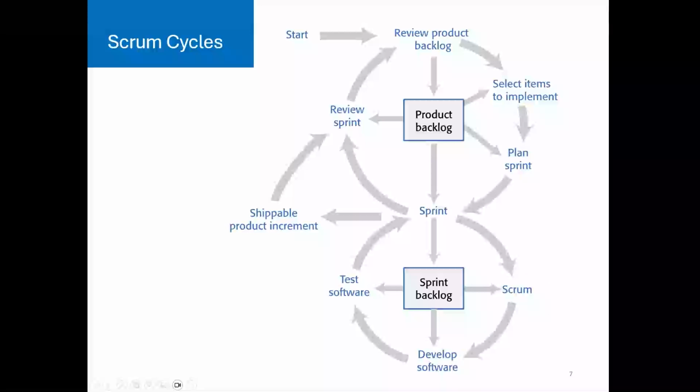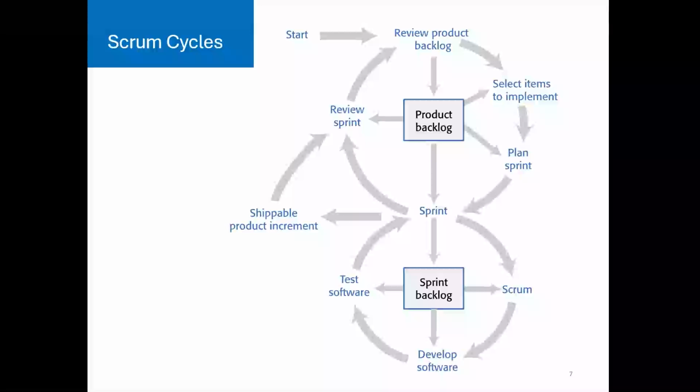So in each day during the sprint, the team holds a Scrum meeting, a stand-up meeting to sync progress, raise blockers, and adjust their daily plans. And then in the develop software step, the team actively develops the assigned features or fixes, focusing on delivering working software. And in the test software step, as features are completed, they are immediately tested, ideally using automated testing and continuous integration